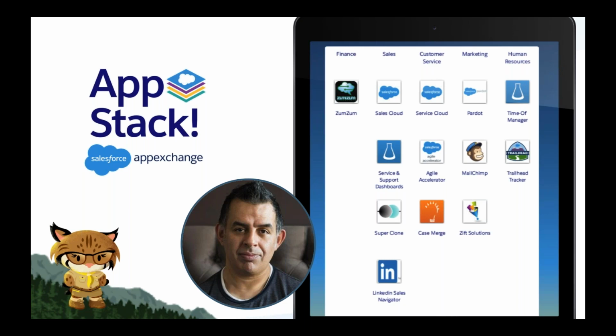Okay, perfect. So let me specifically ask you in your stack about SuperClone, because that goes right back to having good contact data. It does, and it's a tactical solution. What I like about the AppExchange is that mix of either something strategic like an accounting application or something more tactical to solve a point solution and a point pain. And in this one, we're actually using it to clone